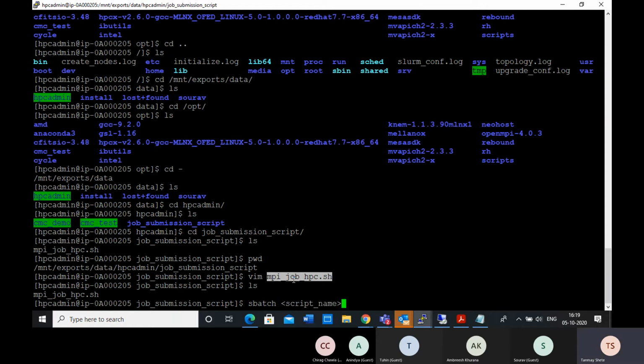Okay, so this is the way it works. And then there is another command called srun also. Now, once you see there are